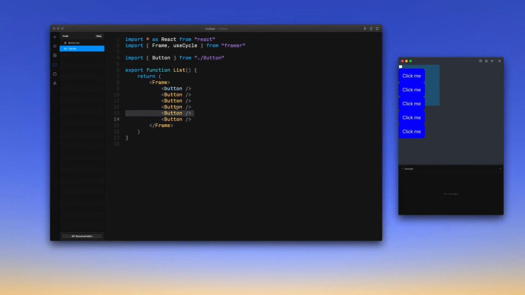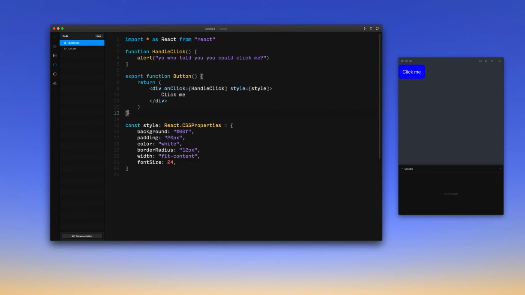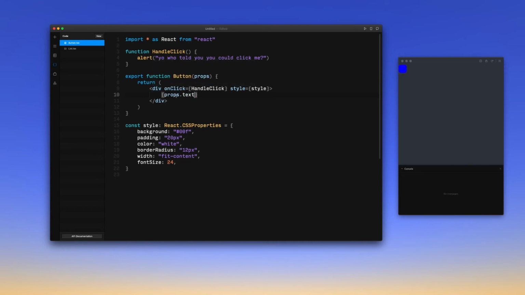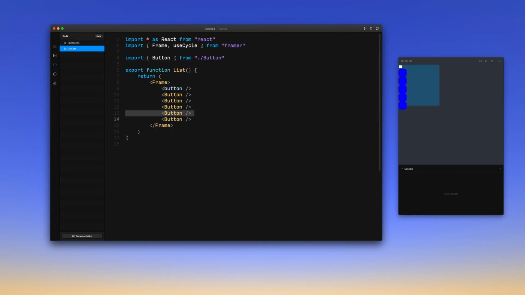You wrap these little components in a function like this. This is the whole function. Obviously, I went ham with the styling, but you now have your button. And I can pass some properties. And then instead of click me, I can just put props dot, we're going to call this text, I guess. And now it doesn't have anything, but now we can go to our list, and then you can put text